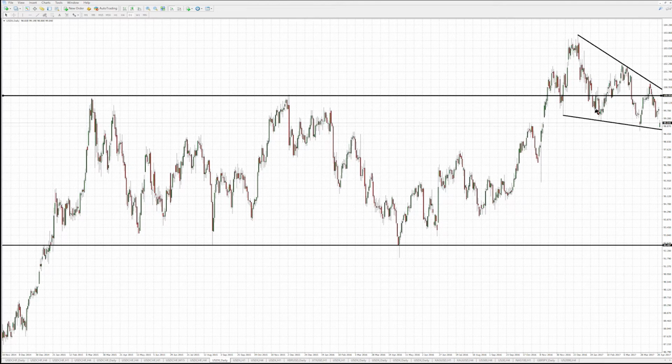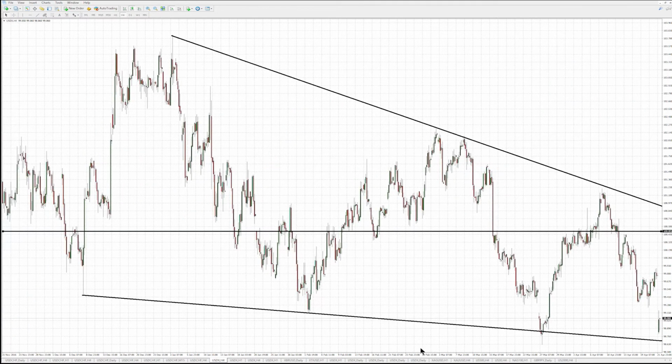Does that mean this will certainly happen? No, because the fact that this head and shoulders seems to have been negated doesn't mean that this is necessarily going to break to the upside, because you simply have a situation where you have lower lows and lower highs. That's still forming up right now. However,